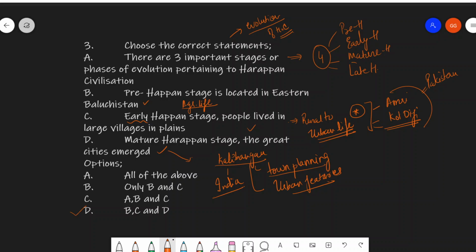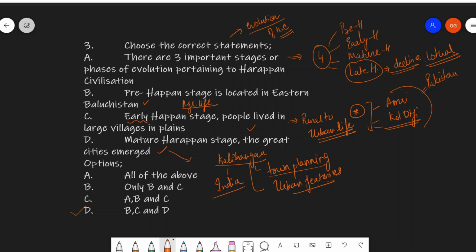And the last stage is the late Harappan that you see here. In the late Harappan stage, basically, this stage saw the decline of the Indus culture. The excavations at Lothal, which is in Gujarat, the excavations at Lothal explain this stage of evolution. Lothal was important because of its port and it was surrounded by massive bricks which provided protection from flood.